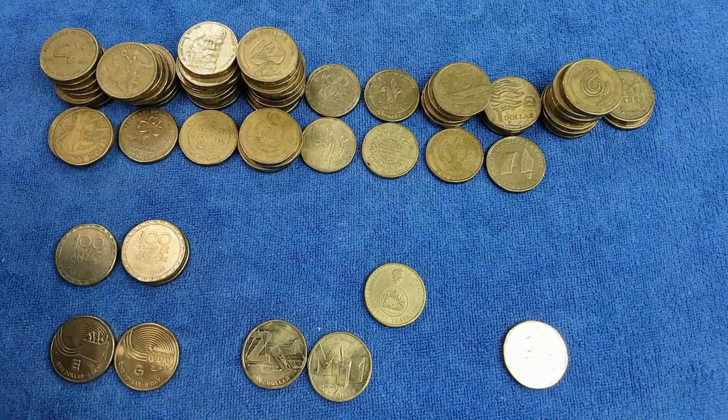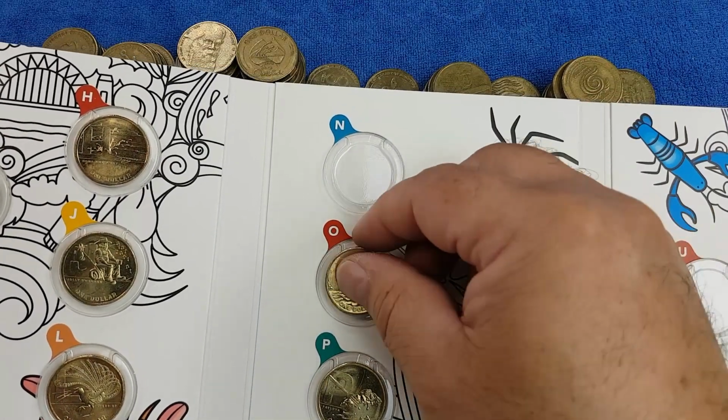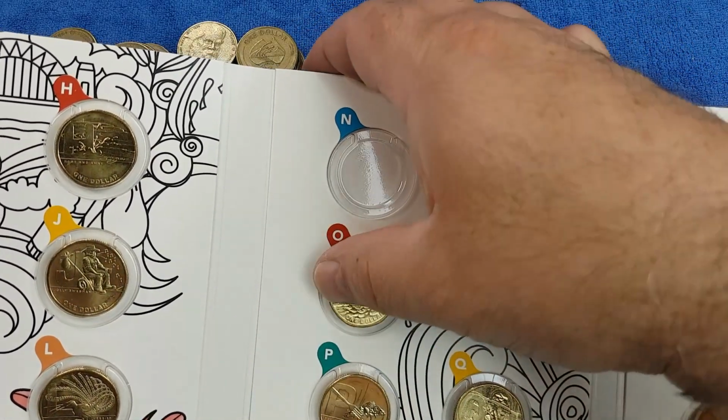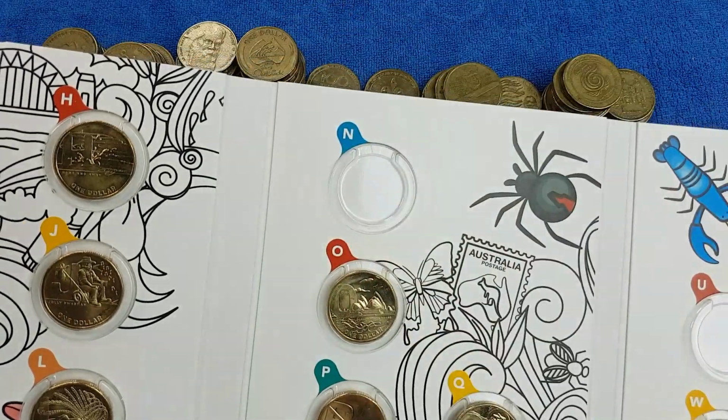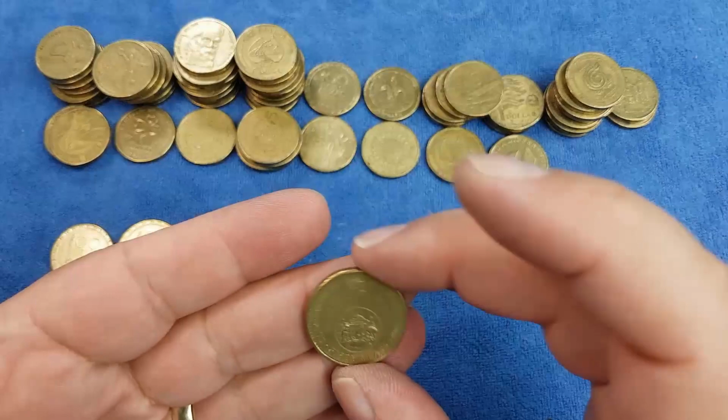So we'll quickly whack in the O for Opera House, which is what we do need for the Great Aussie Coin Hunt number 2. So O for Opera House goes in there above P, and we'll push that sucker in there. And so we have one extra one for the book, but really for mine, even though the book has been filled up,